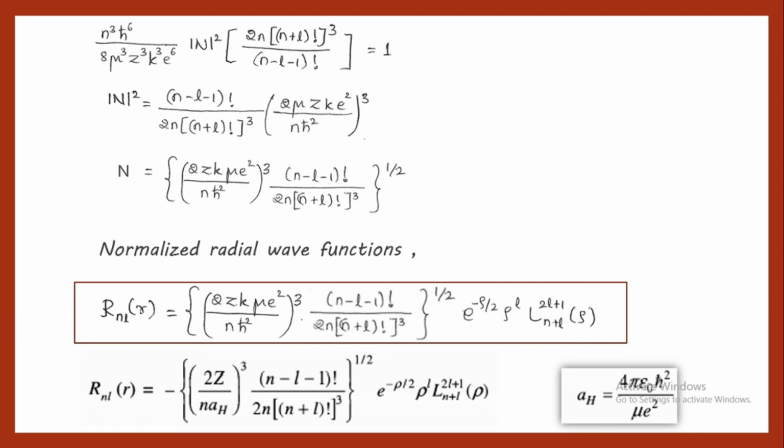So this is about today's class, which completes the concept regarding eigenvalues and eigenfunctions of the hydrogen-like atom. In order to visualize it more properly, the next class will be based on how to solve this radial equation for different n and l values. That is, n is the principal quantum number. As n changes, how the radial part changes, based on which the total wave function psi is going to change. We are going to solve it.